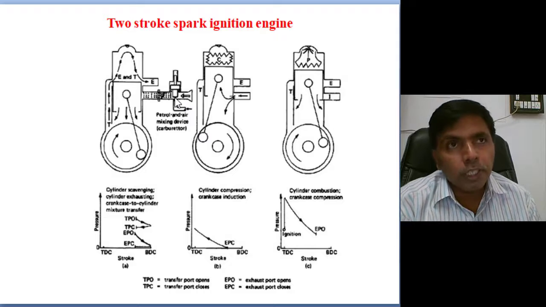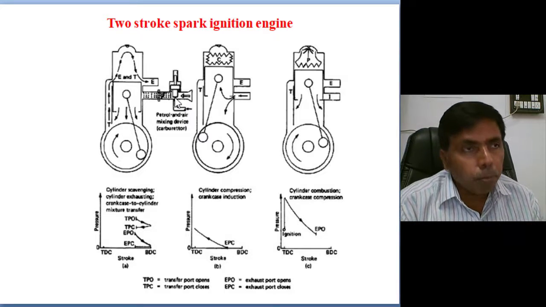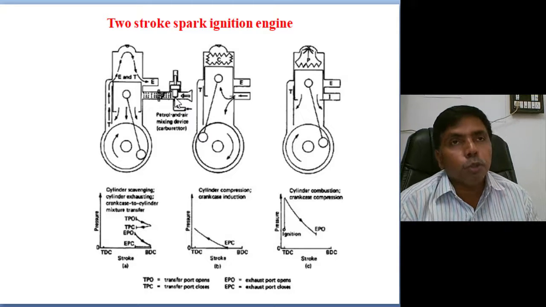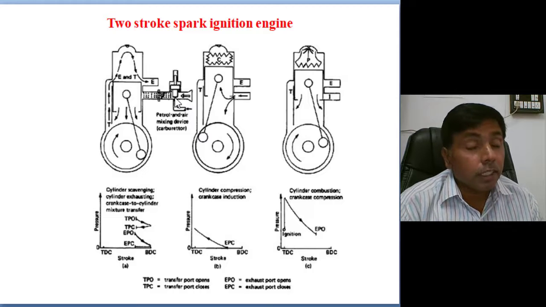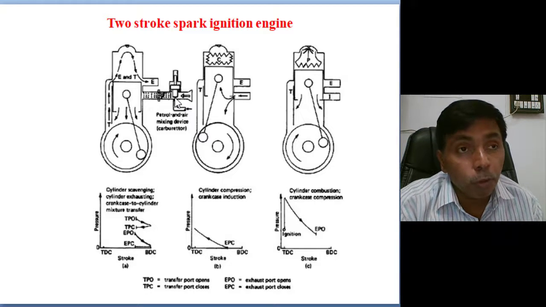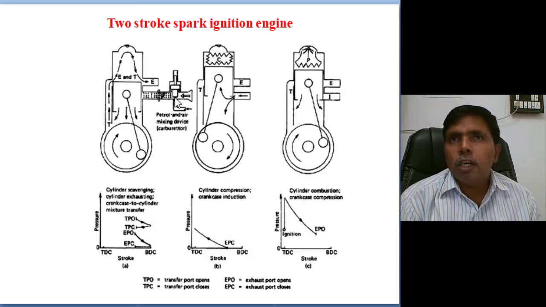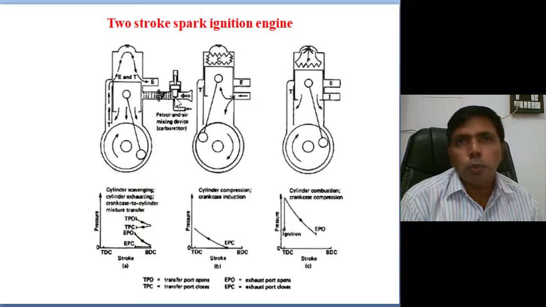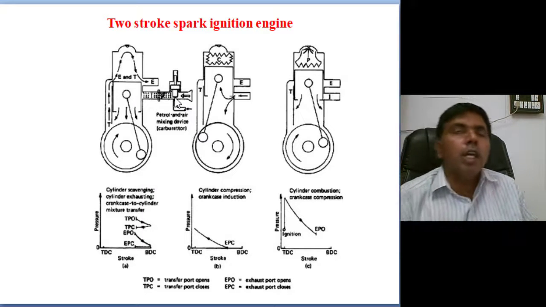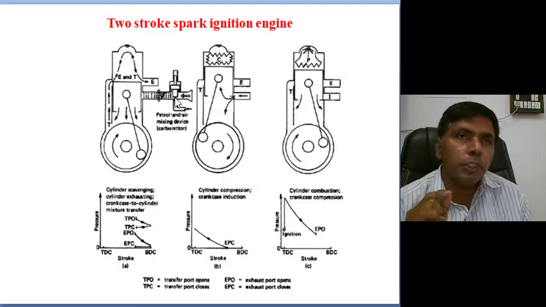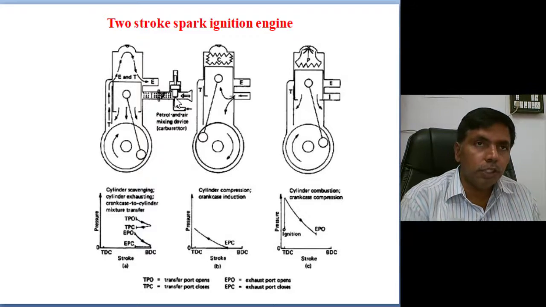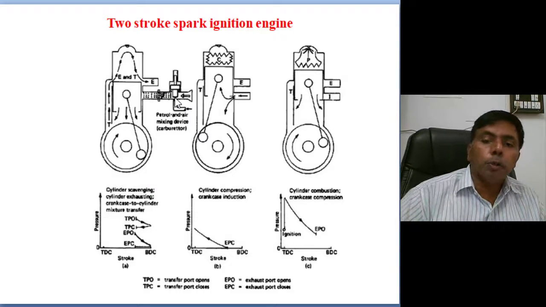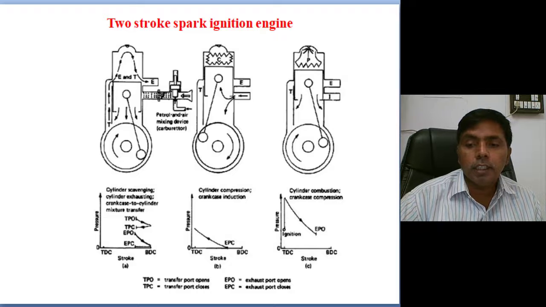Due to the poor lubrication, the engine may seize. Best power, least maintenance, fewer luxury items, so the cost of the engine is also low, but from a pollution point of view it is a highly polluting engine. That's why at present we are not using two-stroke engines according to norms. Maybe in one or two cases we are using a two-stroke petrol engine. 99% of two-stroke petrol engines are banned. So this is the operation. These are the advantages and disadvantages of the two-stroke petrol engine. Okay, is it clear?